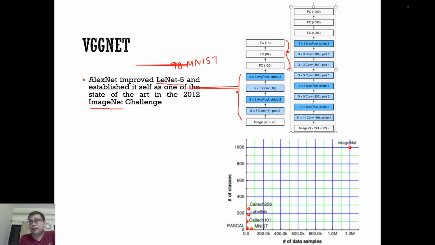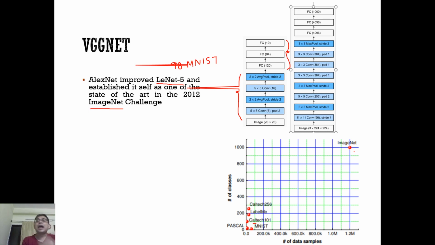And if you look at the final fully connected layers, though the number of layers or components is the same, look at the last layer. Here you have only 10 nodes in the final fully connected layer, because it is a 10 class classification problem. And look at the other one. That's where we are focusing on ImageNet. If you compare ImageNet with other test beds of images that were there, look at MNIST over here, it had 10 classes, right? You have the number of classes on the y-axis and the number of data samples on the x-axis. ImageNet actually is a class apart from all other